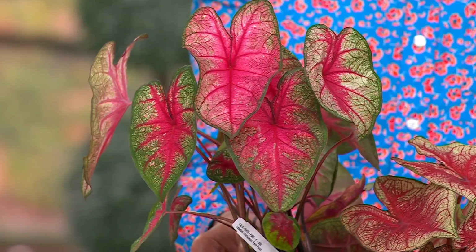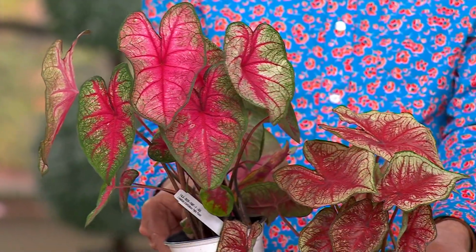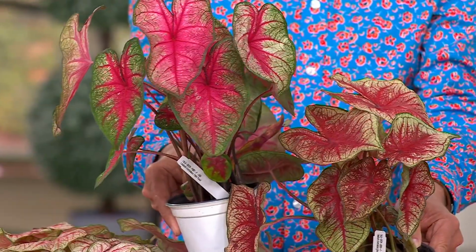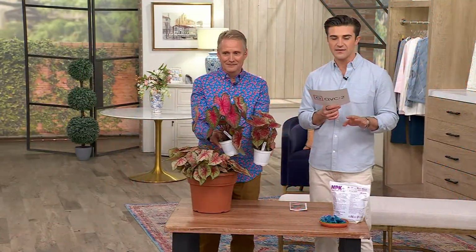Take advantage of that while you can, because one will come to you now, one will come in spring of 2026, but you are locking in that same price of $39.98, which is a $4 savings today and breaks down to $20 per plant with that free shipping and handling. 3 easy payments of $13.33 to get this home. It's item number